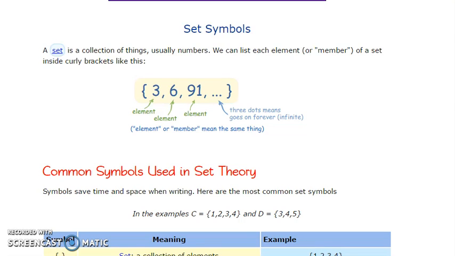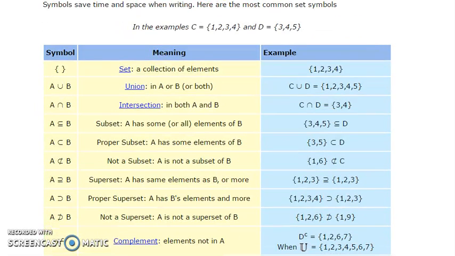So for set theory, I'm including this website, which is from Math is Fun. It's going to tell you the different symbols. If you have the brackets, that's going to be a set, a group of objects. You have a union, so you bring the two things together, but you only include one from each group. Intersection, think of the intersection of a street. It's what's on both streets. The intersection of Main Street and Federal Street is going to have only the spot where it's both Main Street